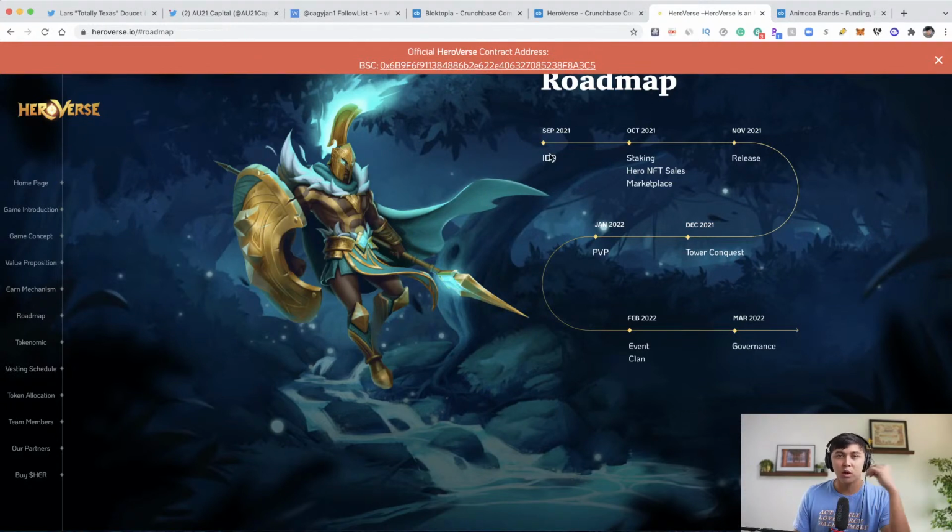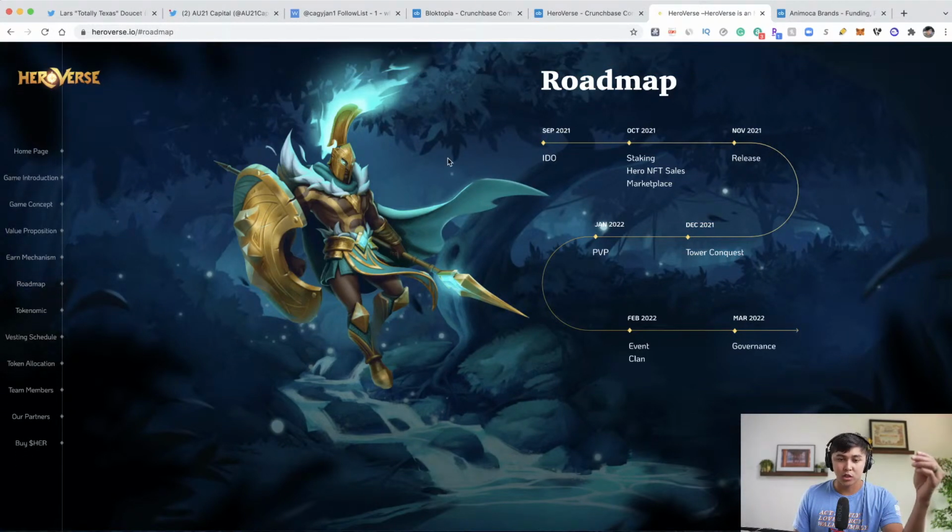Roadmap. What a lot of people don't know about a roadmap is that it's kind of their promise to the people that are trying to invest in them early on, right? A lot of people call it a lot of hopium. But for me, what I look at in terms of roadmap is, what can they achieve? Is the team, and this will go back to management and the devs, what can they achieve to hit this roadmap?